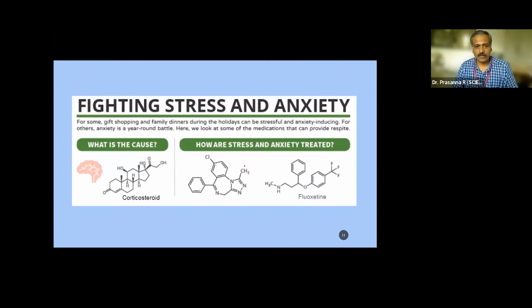Okay, so of course, this is another slide which I would like to bring in here. At every moment, everyone will undergo some sort of stress and anxiety. There are certain hormones present in our body which trigger a lot with respect to stress and anxiety. This is the one which is responsible for the stress, we can say, corticosteroids. These are drugs employed for suppressing extraordinary stress or extraordinary anxiety in a person. Smaller stress, smaller anxiety, it's not something to worry about much.